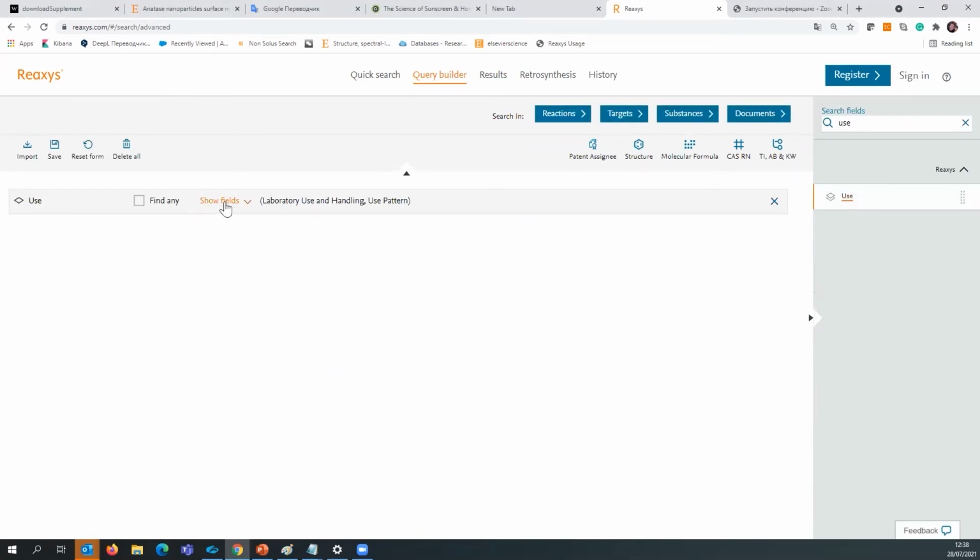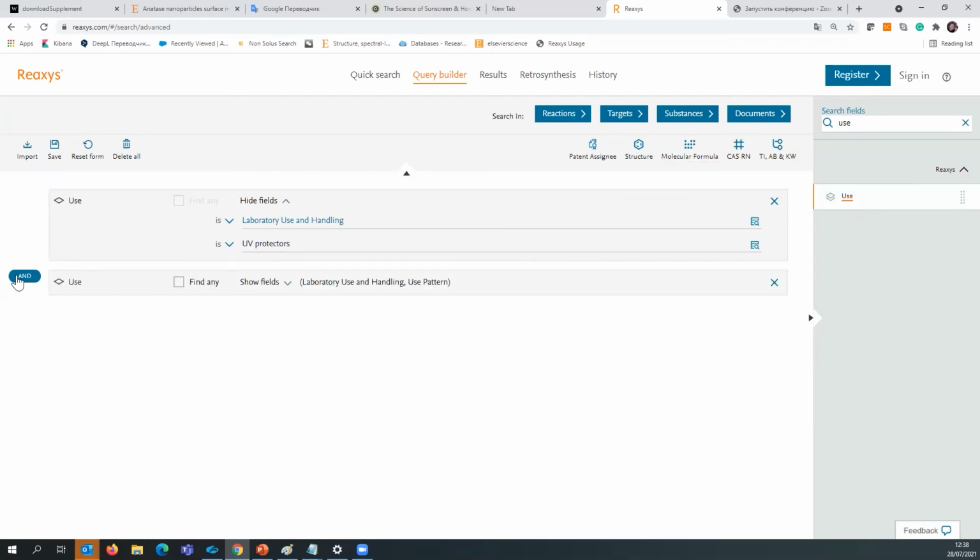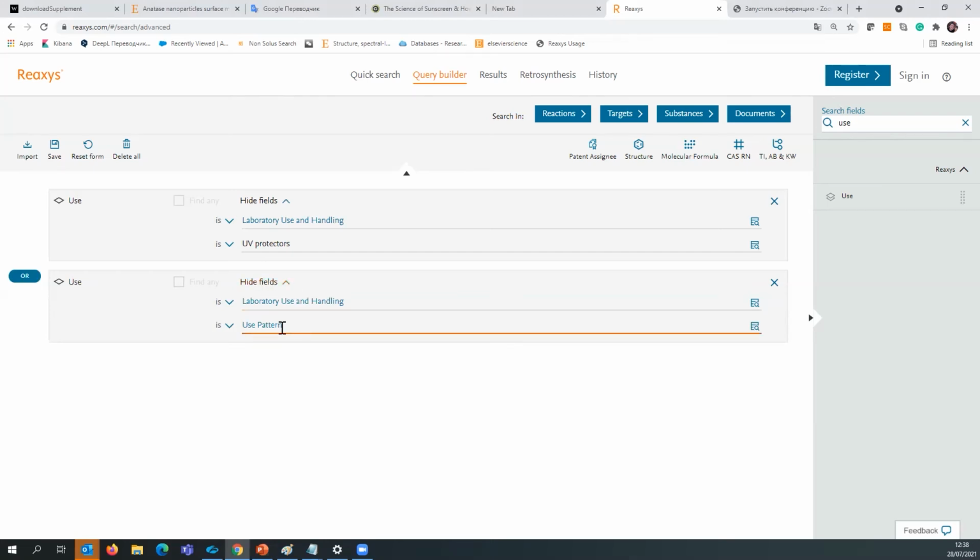Go to use, for example, and please place here UV protectors in the use pattern, and I suggest adding another use filter. Switch to logic OR and add UV filter. It means that this request will include UV filters and UV protectors, and click to